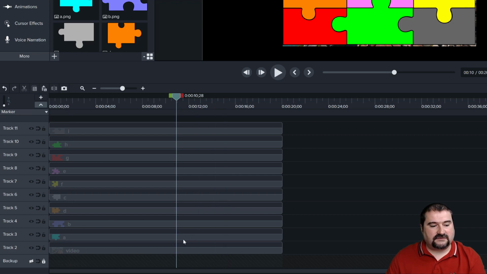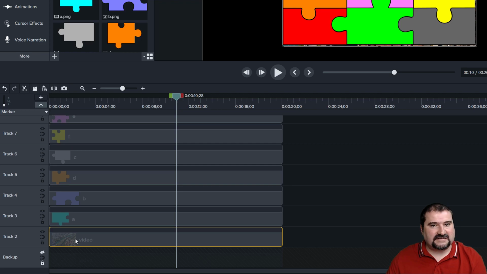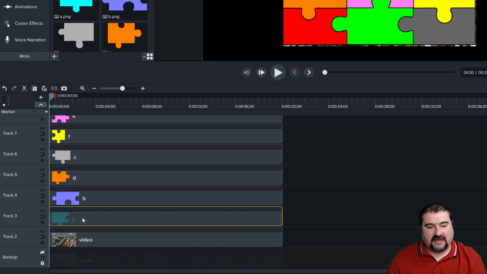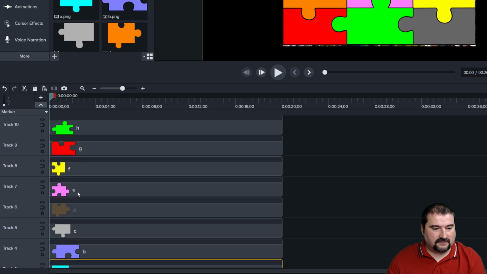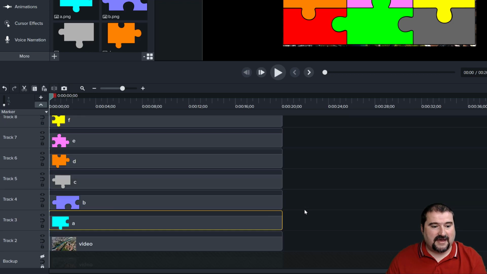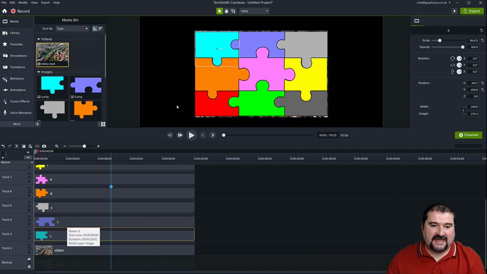So here's the trick. Each piece, as I said, must have a video inside. So I'm going to place my playhead at the beginning because it makes it easier to paste things. And this is piece A. You see them in order. I can probably order them in the order of letters. It doesn't really matter, but it shows me which one I'm on right now. So piece A is on the top left, and I have a video below that.